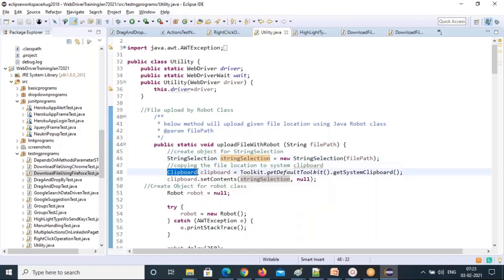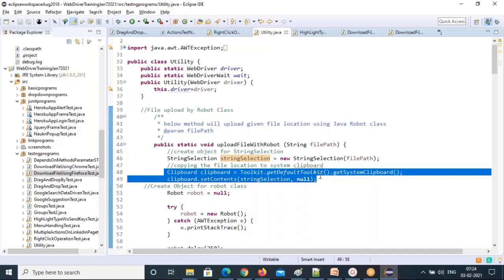First you get the system clipboard: Clipboard equal to Toolkit.getDefaultToolkit().getSystemClipboard(), and this returns the system clipboard to you. On that clipboard dot setContents, this file content you are setting. So these two lines will copy the file path to the system clipboard.